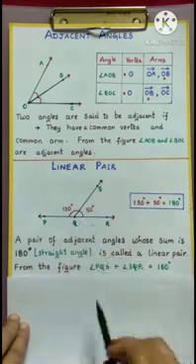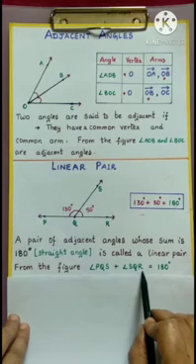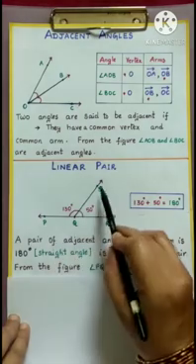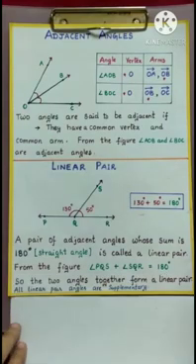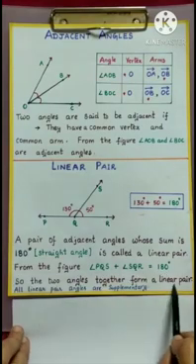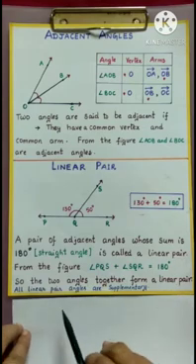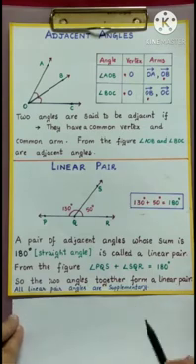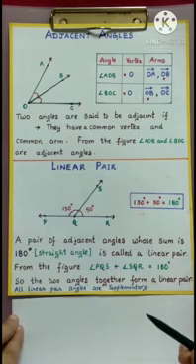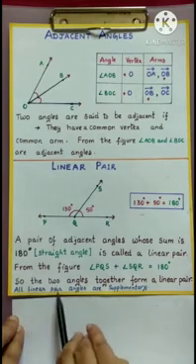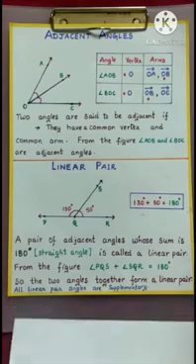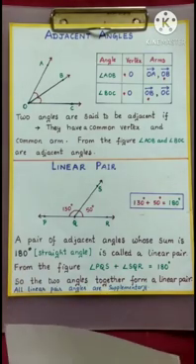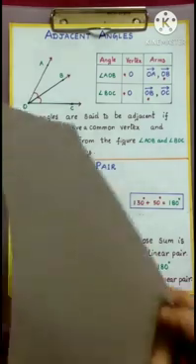So from the figure, angle PQS and angle SQR give 180 degrees. So the two angles together form a linear pair. Now one thing, as we learned in supplementary angles, two angles whose sum is 180 degrees are called supplementary angles. So all linear pair angles are always supplementary. Now here is a model to understand the linear pair concept very clearly.